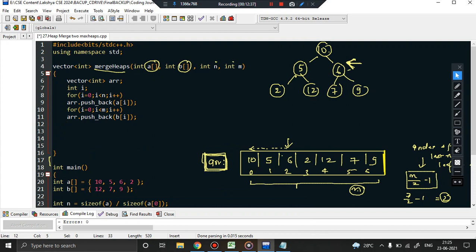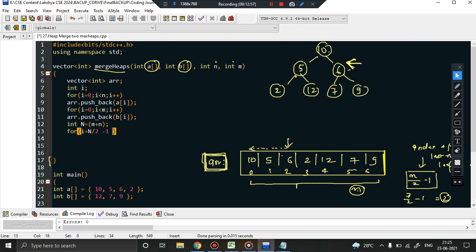I'm going to write a for loop. Let me declare an integer variable n, which will be the size of m plus n, I hope you agree, because the size of this array ARR will be the sum of the sizes of array m and array n. That is why I wrote this. Now for i equal to n by 2 minus 1, i greater than or equal to 0, i minus minus.